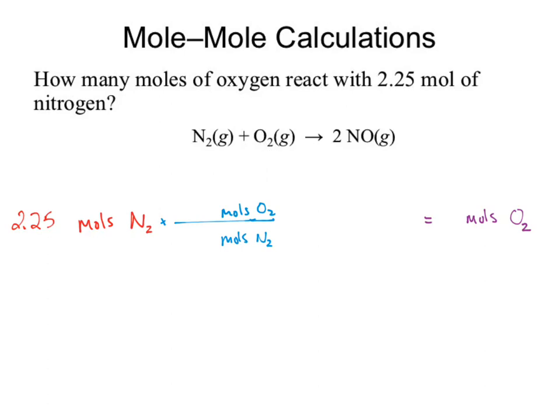How many bikes can I make with 2 wheels? 1. How'd you do that? Converted it. How did you convert it? Why do you know 2 wheels belong on a bike? That's how bikes are made. Where do we get the information about how they're made? From a formula, a recipe on how to build it. That recipe is the chemical equation. So if I'm looking at converting substances, what do I need to move to? The coefficients from the